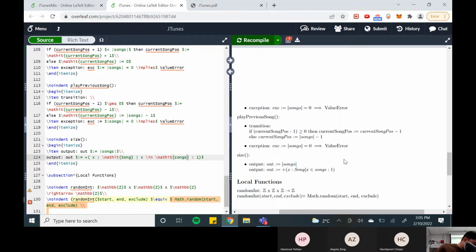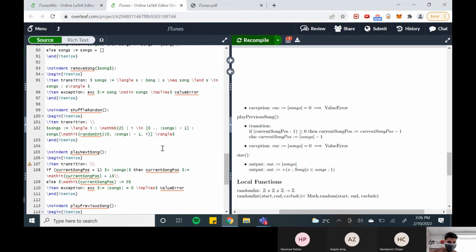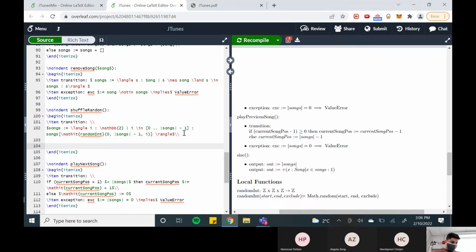So for the shuffle one, actually, there's an alternate way you can write this. You could do something like this. I wrote this out beforehand, which is slightly more clear. Yeah, so let's write this out. So let's see, shuffle. There's a shuffle method. We can do something like basically songs becomes a list such that